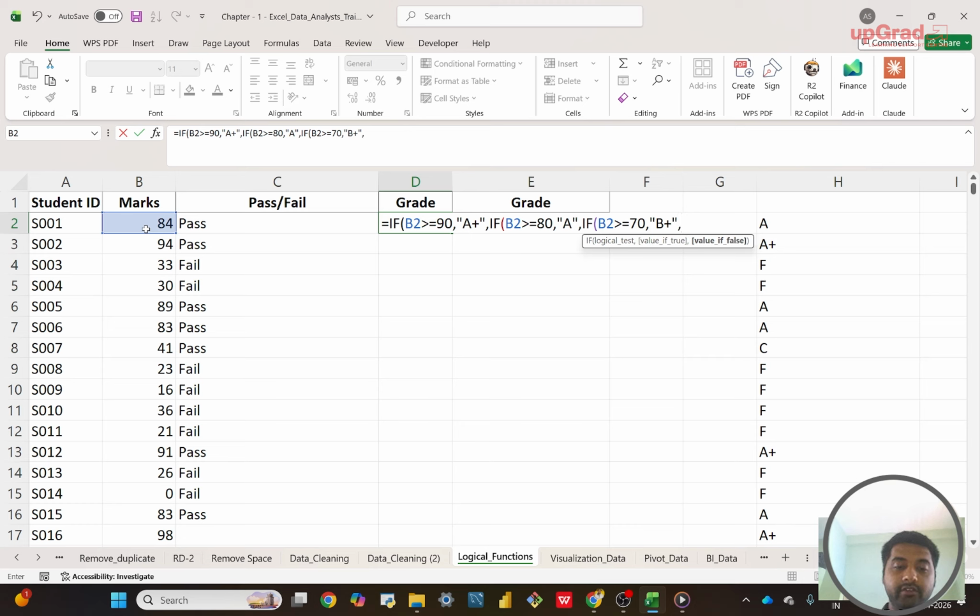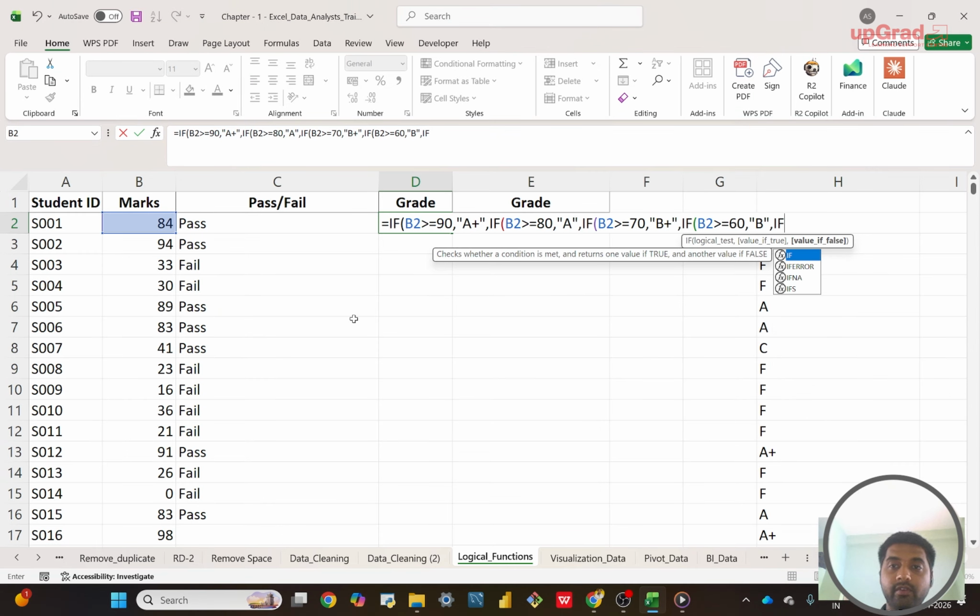We have to give another if, okay? Inside if, I will give B2 is greater than or equal to 60, comma, then the output must be B grade, okay? Then comma, I have to again give the if, again I have multiple conditions: 50 to 60, 40 to 50, or less than 40. I have to give another if